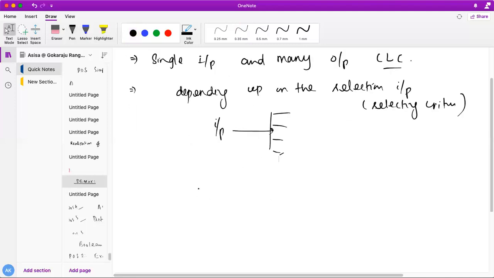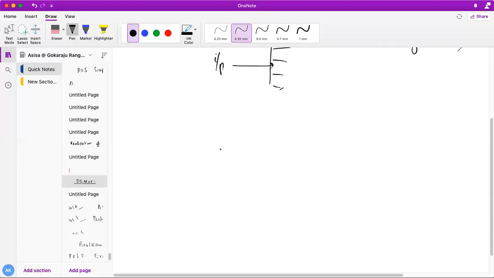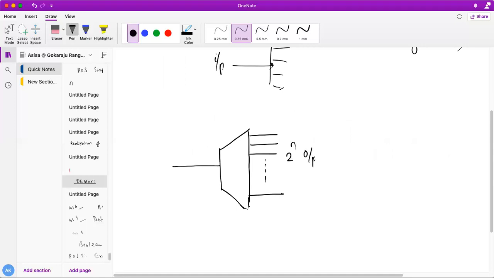The symbol of the demultiplexer is like this. It's just the opposite of the MUX. Here it is a single input, but in a MUX it is a single output. These will be the outputs of the demultiplexer, which are 2 to the power n outputs.